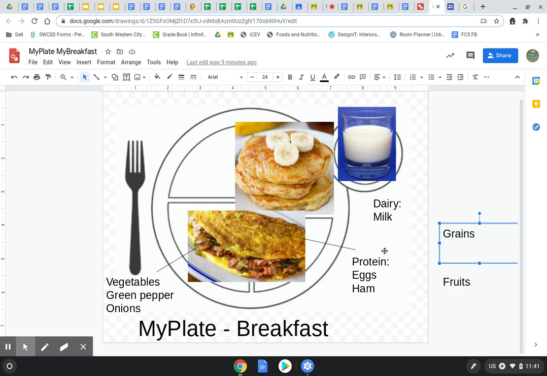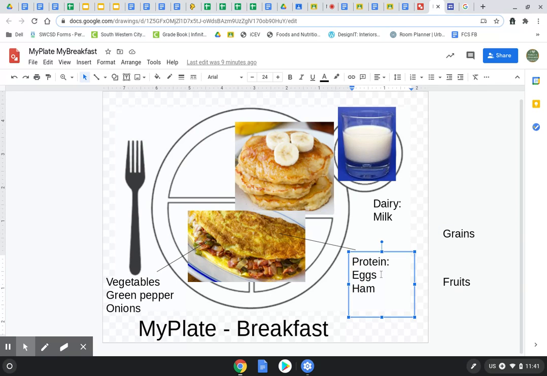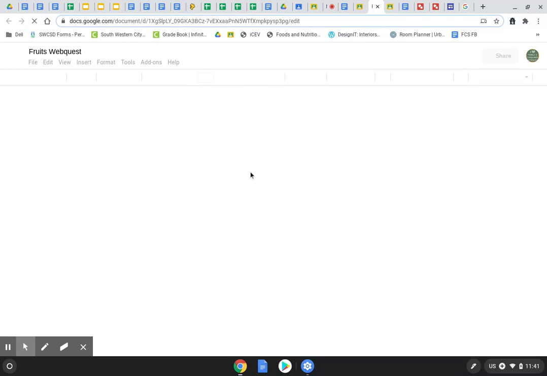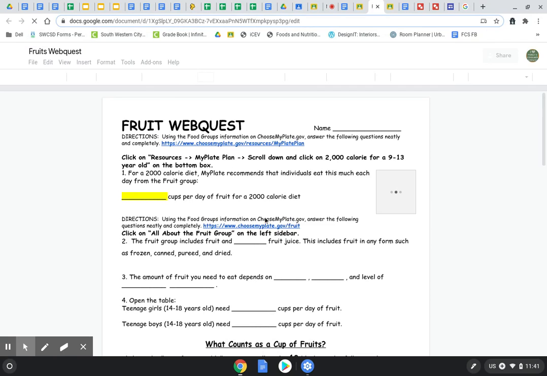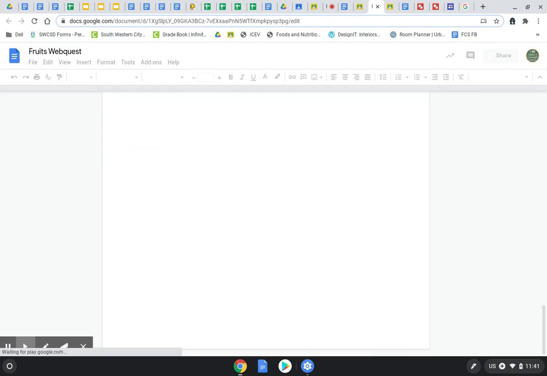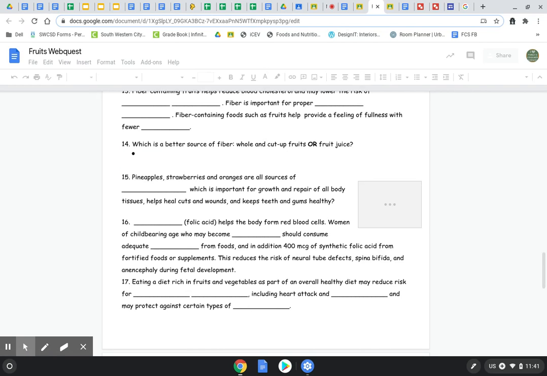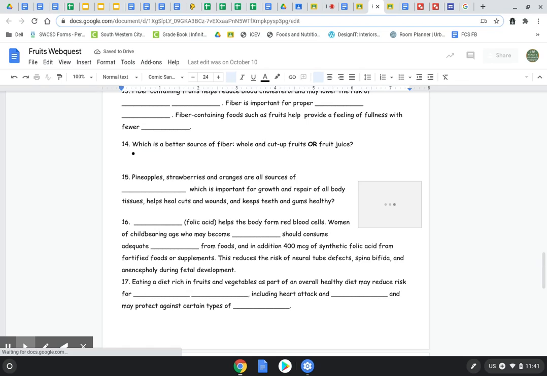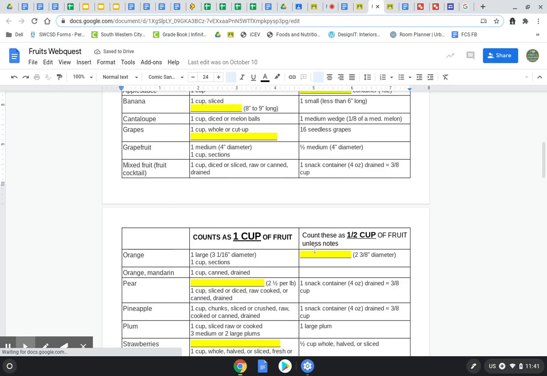So what you're going to do is tell me how much of the food item, and then tell me its equivalent. So how do you do that? Okay, you have 2 options for where to find your information. You can either go back into Google Classroom and open your web quest. Okay, so for example, here I have my fruits web quest. You guys should have this completed in your Google Classroom from months ago, right? When we talked about fruits. And you're going to look at the chart. Sorry, mine's being a little slow.